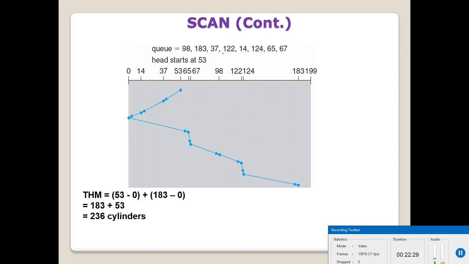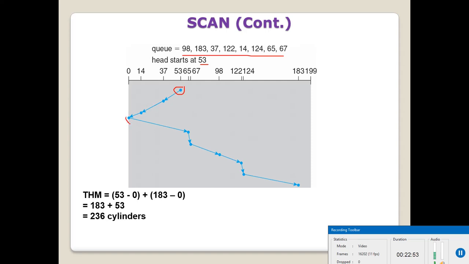We have the same sequence and the same head position. 53 is closer to 0 than to 183, so the head will start moving towards 0. From 53 it will go to 37, then 14, then 0.